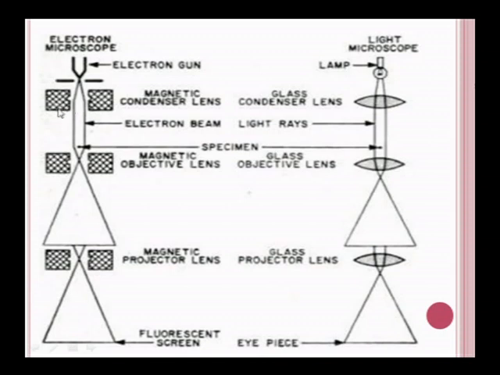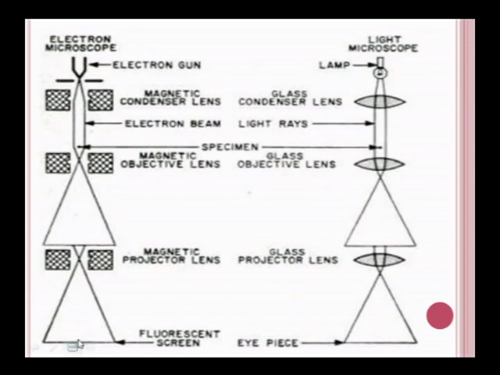So, these are electromagnets on either side. Here an electric field is applied, and as a result the electrons, being negatively charged particles, are repelled by these condensing lenses. As they get repelled, all of them get collected at this point. At this point, where all the beams of electrons are collected, the specimen is placed. Further, the fast-moving electrons fall on it and diverge from these two beams, and then acceleration is done.